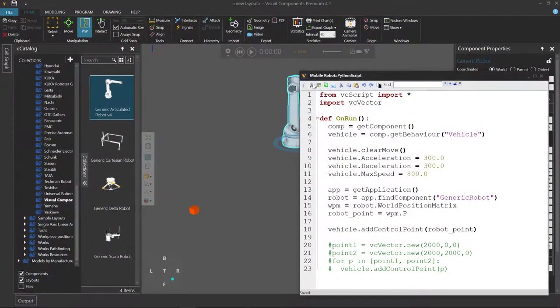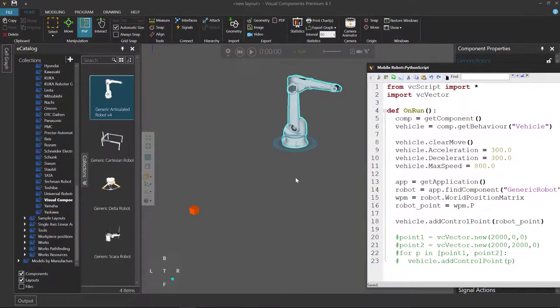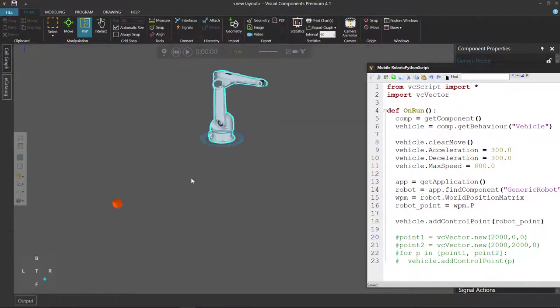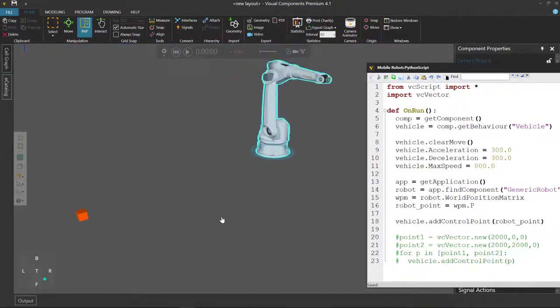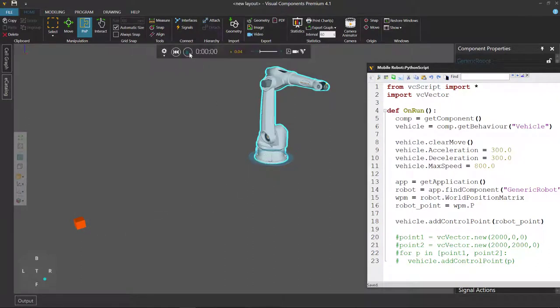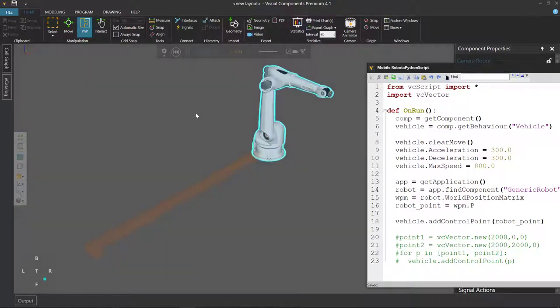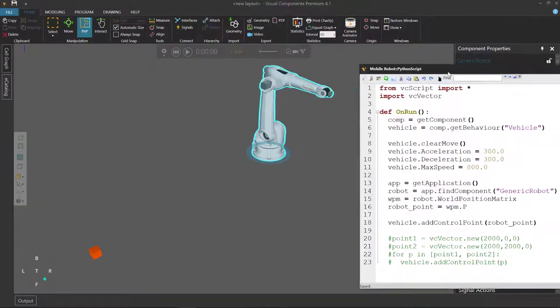Let's now compile our code and see what happens. We don't need to see the eCatalog panel, so I will minimize that for now. We just want to see our vehicle go from here all the way over here. Run the simulation, and yeah, buddy, that's what happens. You can also do this a different way. Instead of getting the world position matrix of the robot,